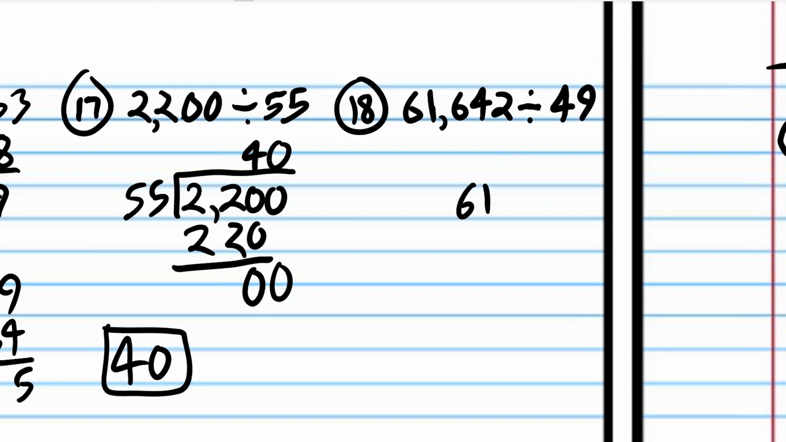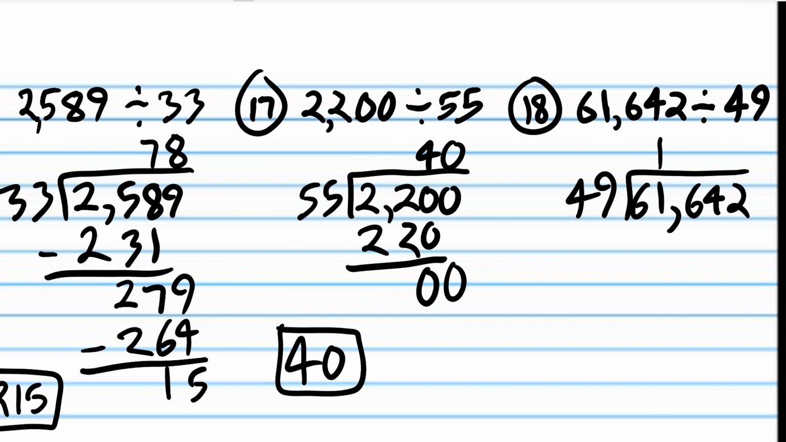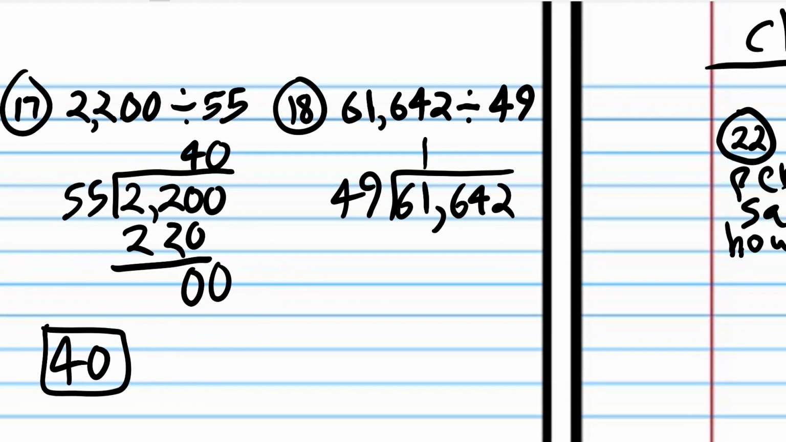All right, we're back. 61,642 divided by 49. 49 doesn't go into 6, but it does go into 61. It goes in 1 time. Now I put my 1 above the 1 on the 61. It always goes above the last number of the value that you're dividing into. All right, 49 times 1 is 49, and